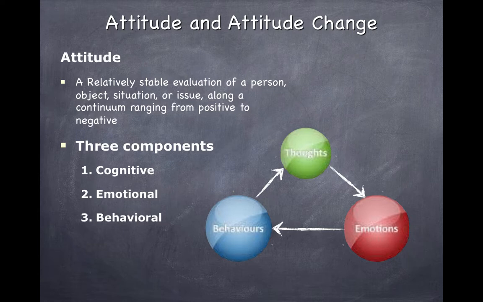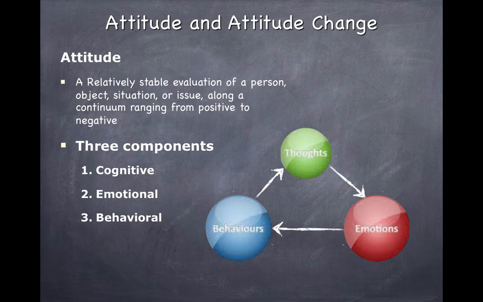When you think cognitive, think thinking. So cognitive is the thoughts and the beliefs that we have about the attitudinal object, or the people or a situation or an issue. So cognitive are our thoughts, and it's linked to our emotional states, our feelings about things like the attitudinal object. And that relates again to the behavioral disposition that we'll have towards those objects and the actions that we'll take. So thoughts are the thoughts, emotions are the reflective experience that we have about those thoughts, and then those emotions link to the behaviors and the actions that we take.